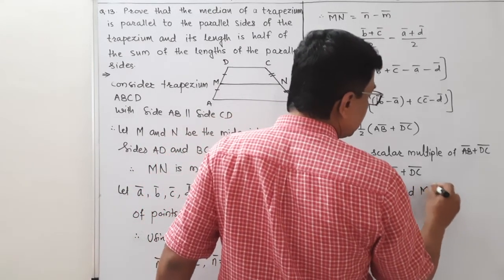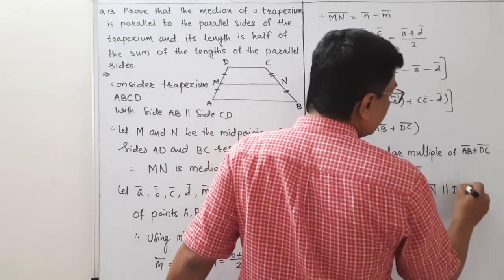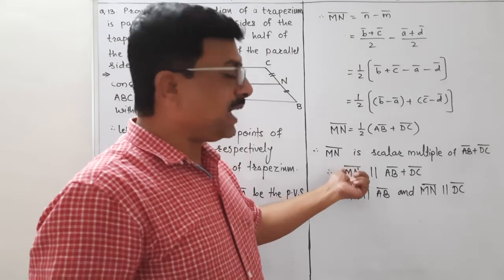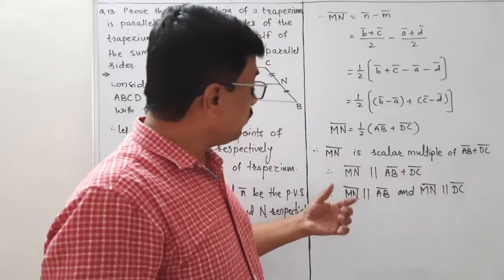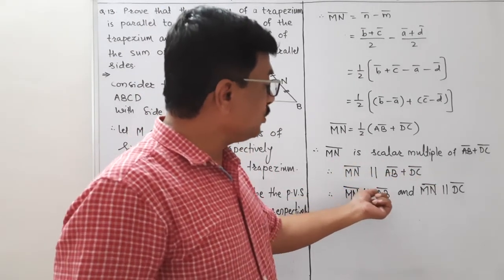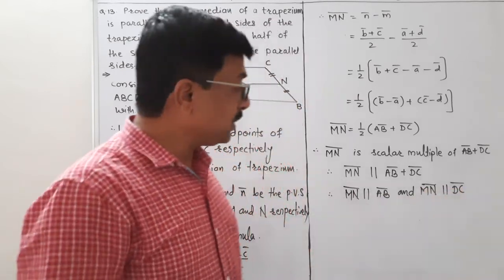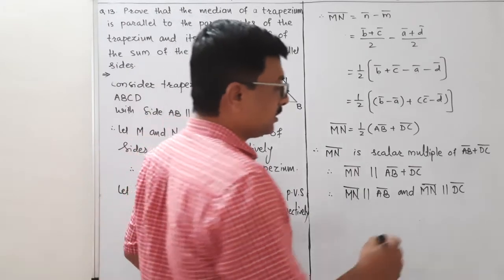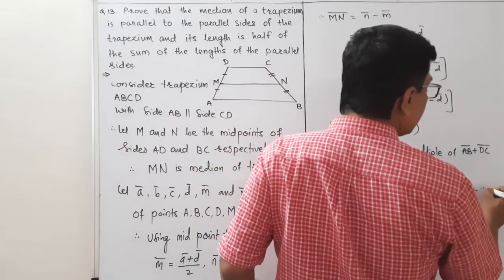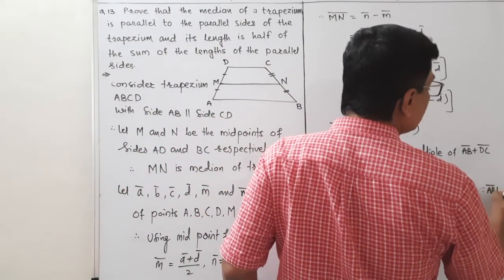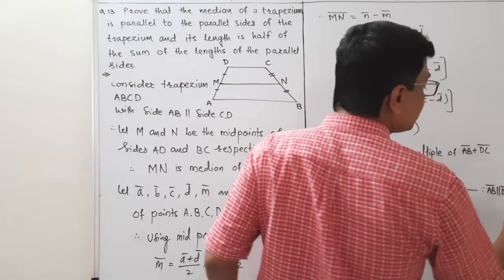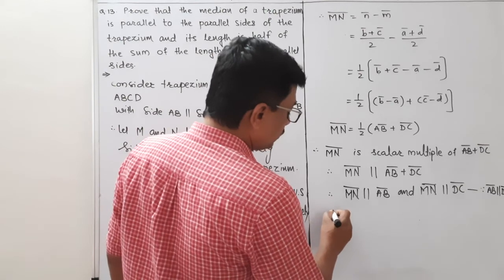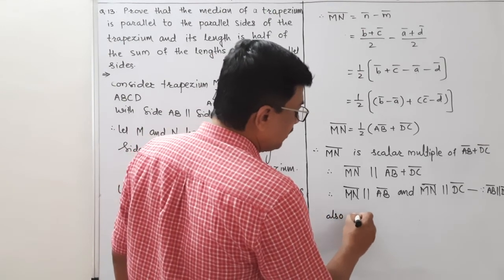Now when MN is parallel to AB plus DC, then why can we say that MN is parallel to AB as well as DC? Because we know that AB and DC are parallel to each other. Since we can write AB vector is parallel to DC vector, it is known to us. Okay, similarly we can say that also magnitude of MN